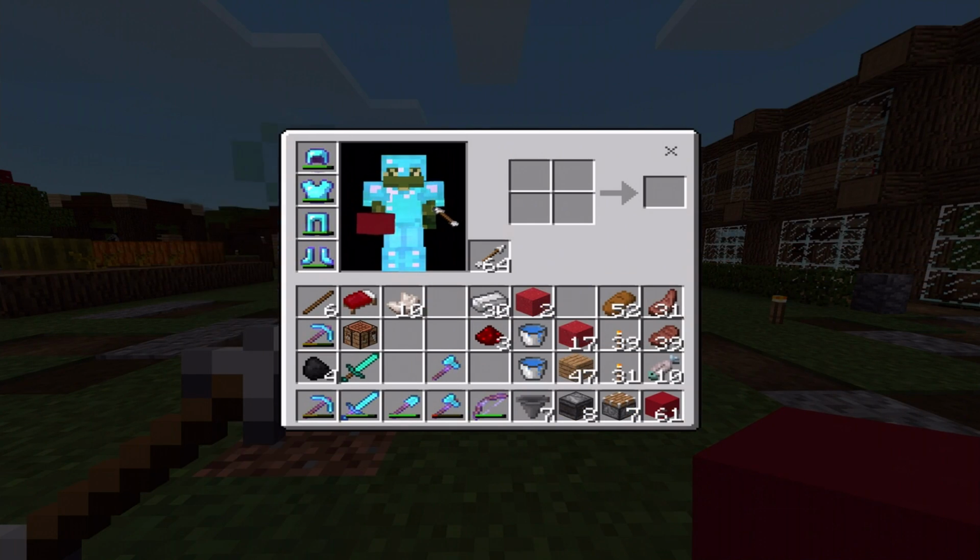Now, we do need a couple of water buckets. Just want to make sure I have all my materials. I do need hoppers. I've got hoppers. I do need an extra chest, so let's just quickly make ourselves a chest, because I'm going to need...